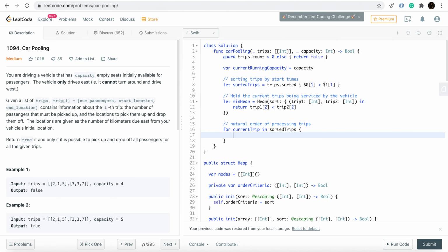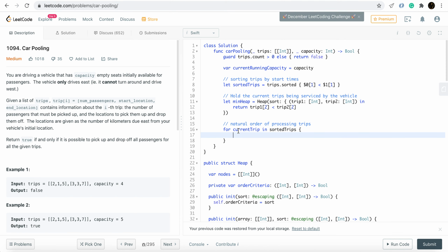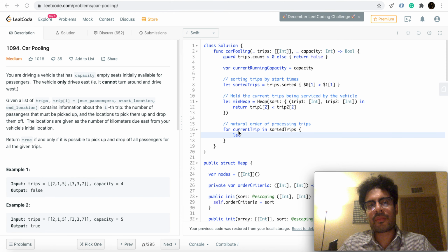We'll consider the trip that is going to start earliest from my current frame of time. So we'll first update the current running capacity of our car by adding the seats freed by the trips that have ended before the start time of my current trip.